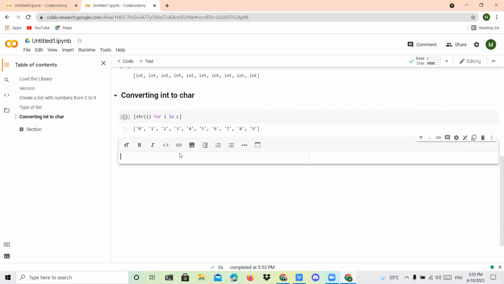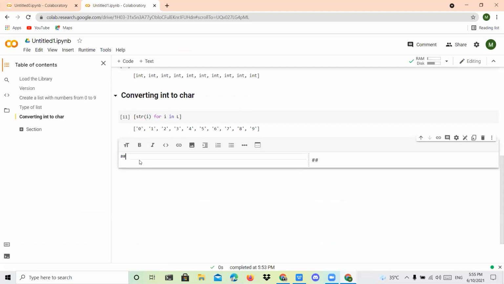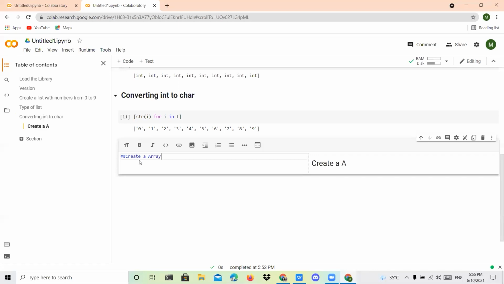Please all of you follow this. First, click this text. Now I want to create an array. Again, the same process, 2x hash. I'm going to create an array, so you can use it as a heading, create array. Array, we know that, right? An array is a collection of similar elements. You are going to create some kind of elements, then we give that a particular name called an array. List and array are the same thing only.